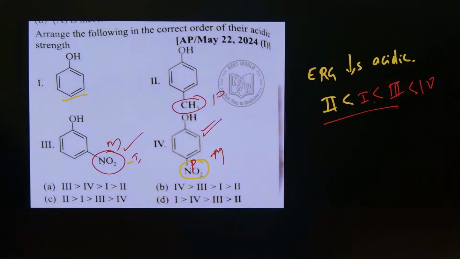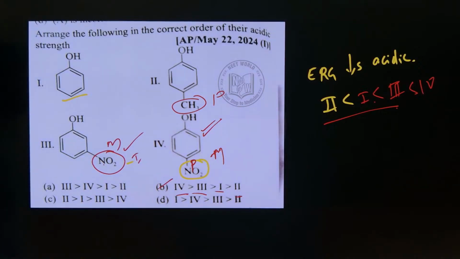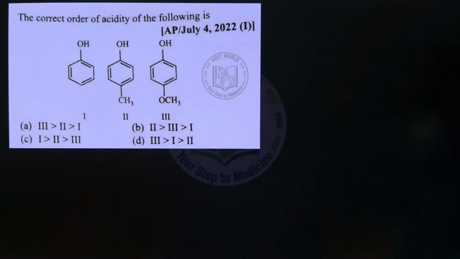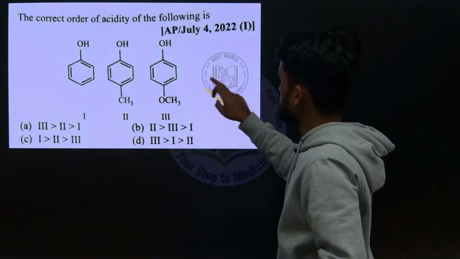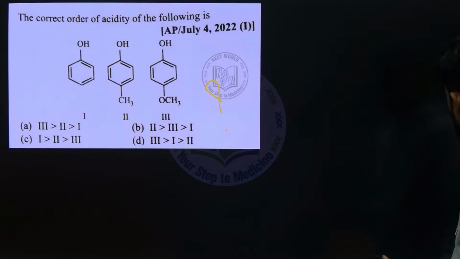Okay, so where do we have that kind of option here? 4, 3, 1, 2. So option B is your answer for the question. Okay, right. Can you answer me this one question as the same as the previous discussion? Just tell me your answer in the comment box for this particular question. Okay, and next,